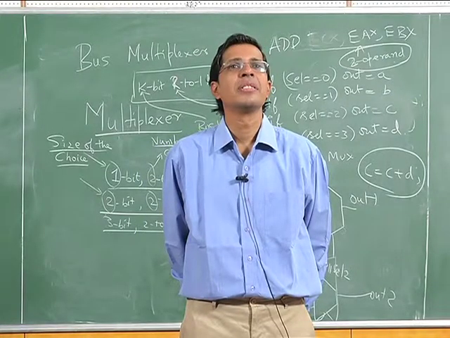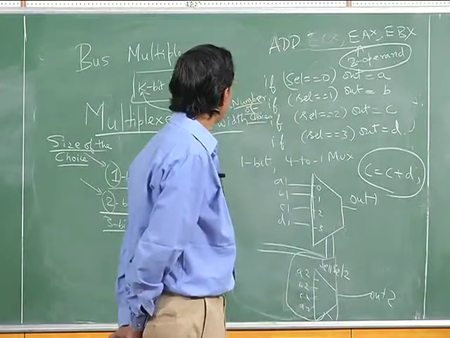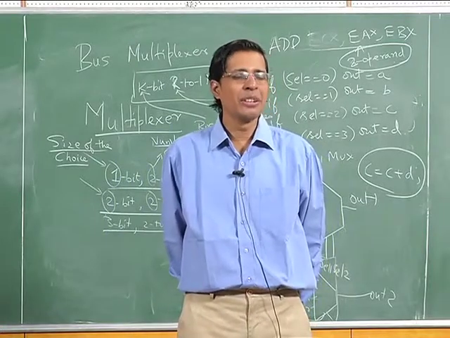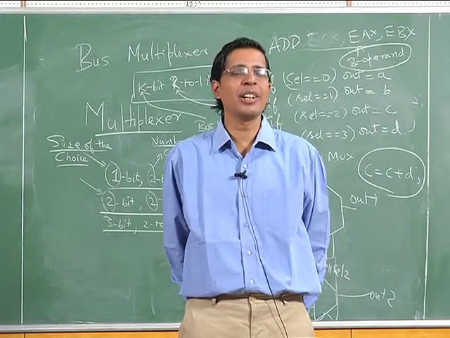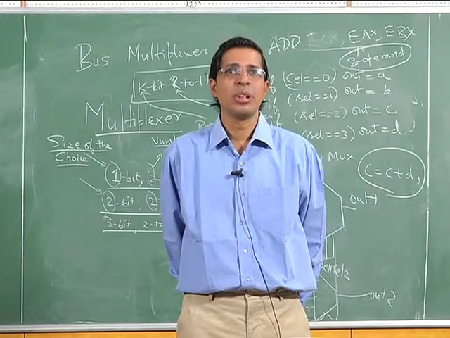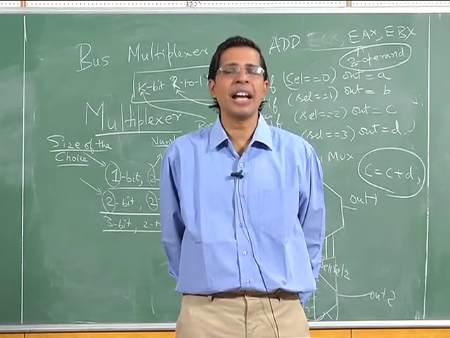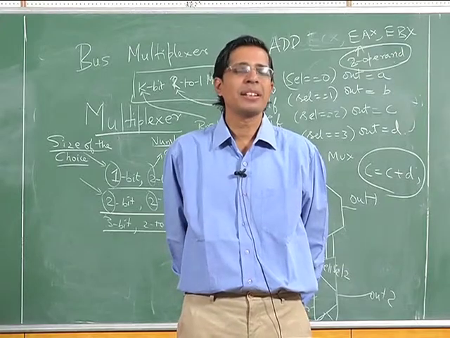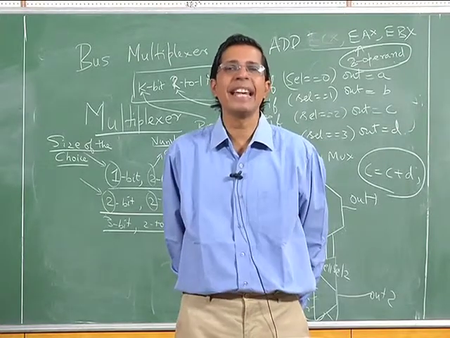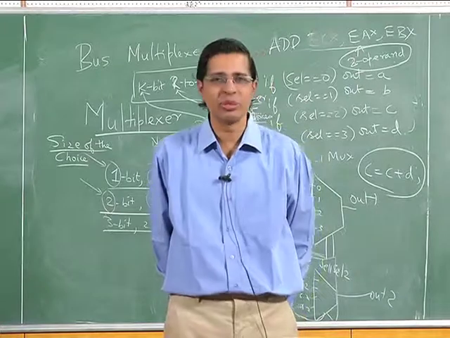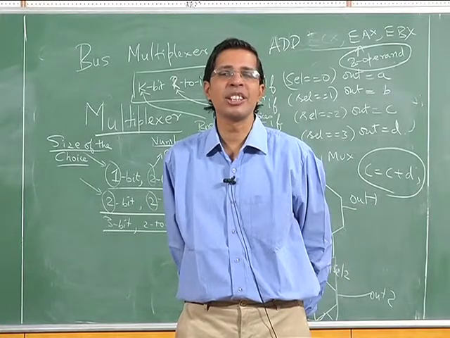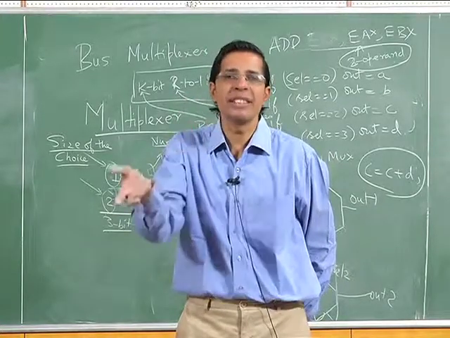What is the difference between a microcode and a machine code? That is what I have been talking about now. Add EAX comma EBX is a machine code. Now that add EAX comma EBX is getting translated into 4 small instructions, each one will be a microcode. What that microcode is, I will explain in detail in the next class. But what you should understand in today's class is that the assembly code add EAX comma EBX, which is the machine code as far as we are concerned, is internally inside the chip getting translated into 4 other smaller instructions.